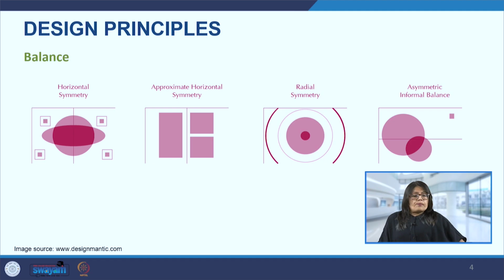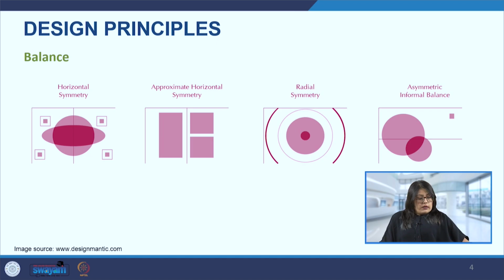The first is balance. One balance is the physical balance that we see. We are weighing, for example, newspapers against a weight. We see that the weight is smaller, it's denser, but the newspapers are more, and the scales are balanced. So that is a physical weight. Also, if we balance newspapers against newspapers, both will be equal, that is also physical weight. But visual balance is when two sides may or may not be equal, just as in a physical balance, but still, how do we get that visual balance? How can we add that into our image area?